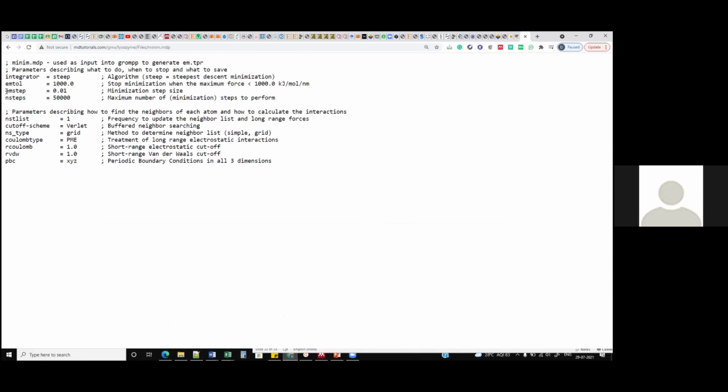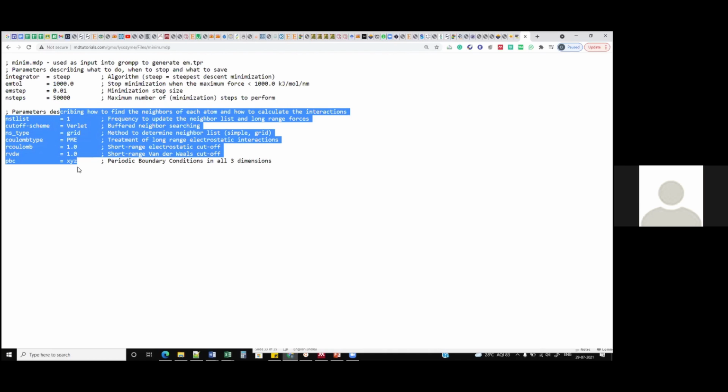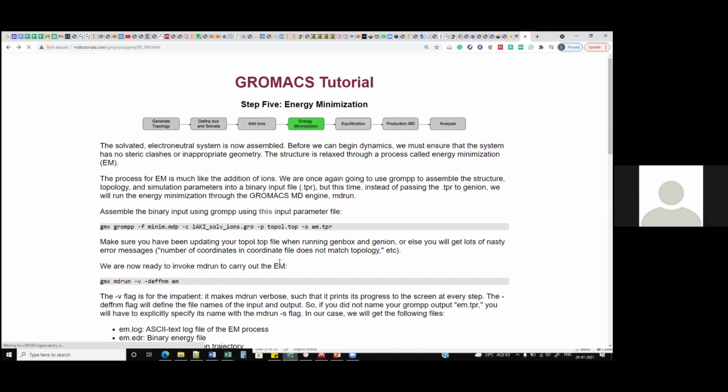So over here we have defined that the number of total energy minimization steps should be no greater than 1000. If we use 2000 or 5000, it will go up to the point where the energy has been stabilized. This is the maximum number of steps, so it should not go beyond this. If we talk about steps, it is 50,000, and the step size is 0.01. And these are other parameters which we don't need to go into detail.